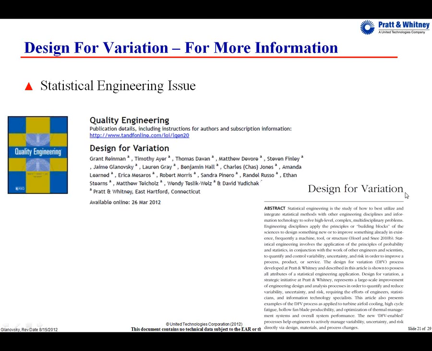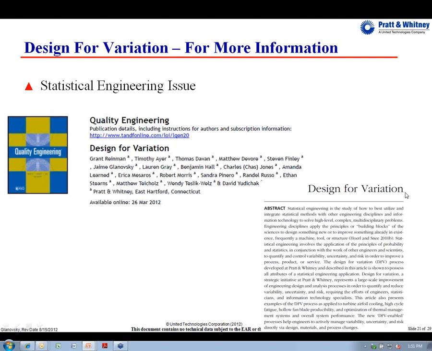Well, there's more detail in the Design for Variation paper we wrote. We were able to be a little more long-winded there, and that's probably about as detailed as we were able to get. Of course, we have to balance that constant demand between wanting to share what we did and having to balance the whole proprietary information and sensitive Defense Department information.